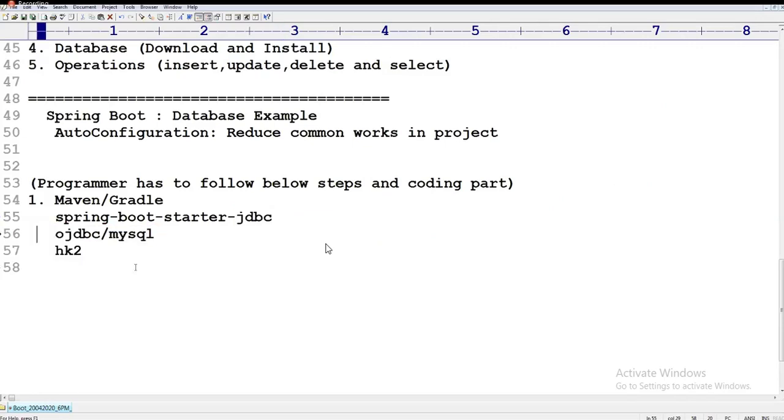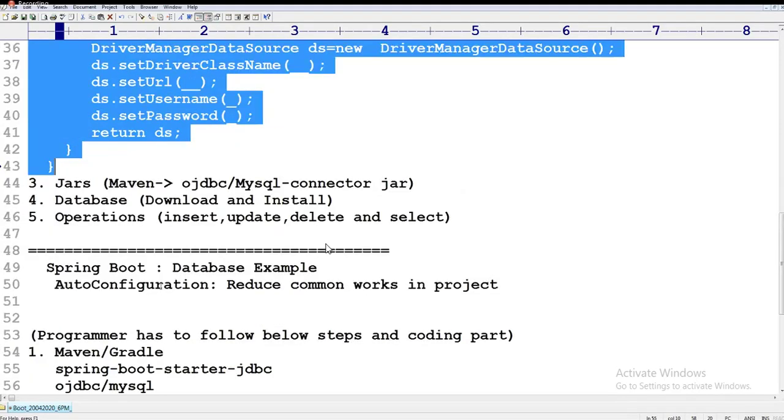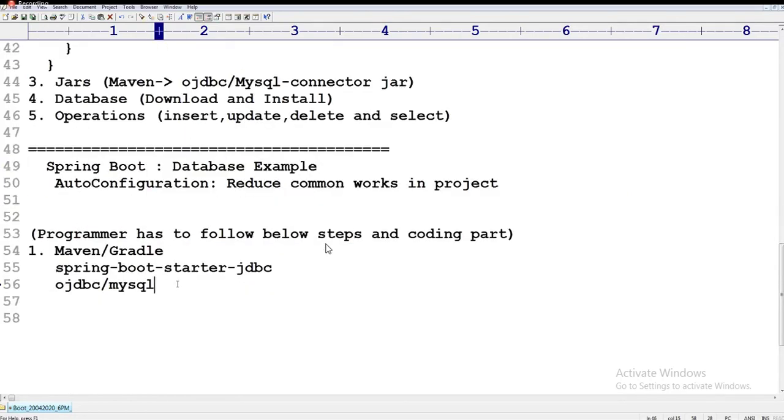Okay, and this is OJDBC and MySQL. H2 is actually, okay, OJDBC or MySQL here, that is actually the thing here. Okay, the first one is actually reducing step number 1 and step number 2. Not only that, operations also are not required, right? For basic operations, logic is also already given. Okay, if you write this one line,